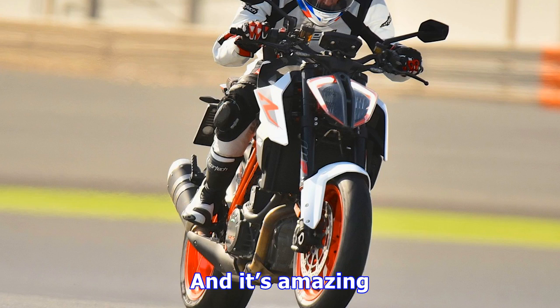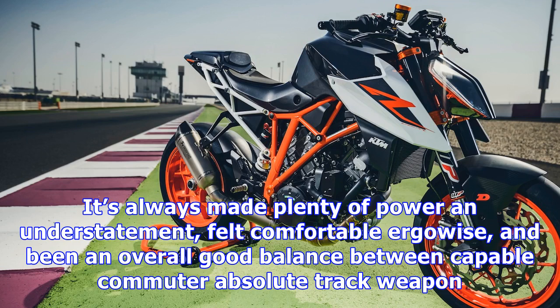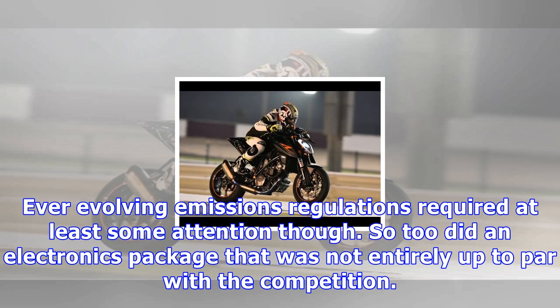Already one of the best bikes in the naked bike category, I'd argue the Super Duke R didn't need to be updated. It's always made plenty of power, an understatement, felt comfortable, and been an overall good balance between capable commuter and absolute track weapon. Ever-evolving emissions regulations required at least some attention though. So too did an electronics package that was not entirely up to par with the competition. Which brings us back to the